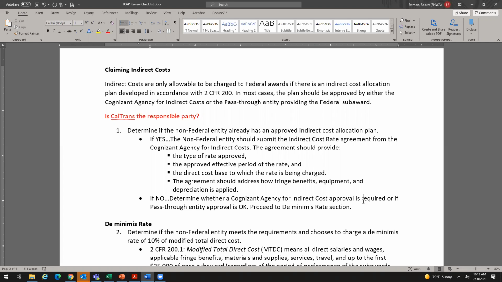If they have an ICAP and it's been approved, then if you look at this first bullet here, if yes, the non-federal entity should submit the indirect cost rate agreement from their cognizant agency for indirect costs. So they'll be submitting that to Caltrans, and that agreement should show what the rate is, what the effective period for that rate is, and what base they're going to use, and they should identify how fringe benefits, equipment, and depreciation are handled within their indirect cost plan. If Caltrans determines that they are the responsible party to review and approve the ICAP, then